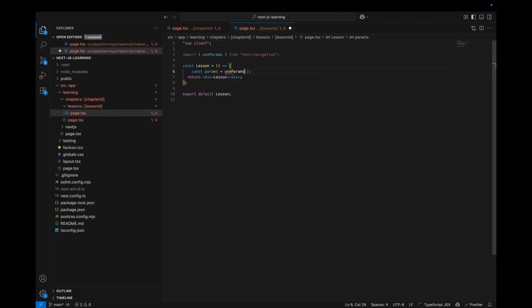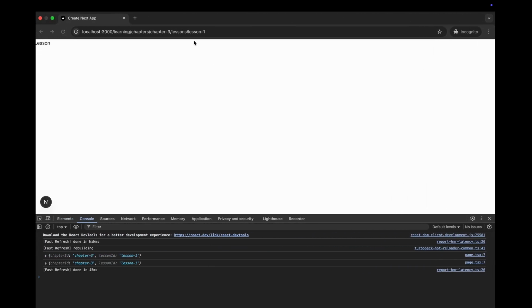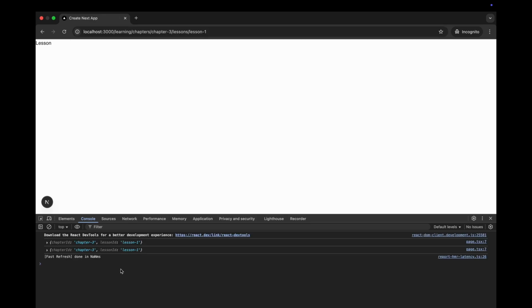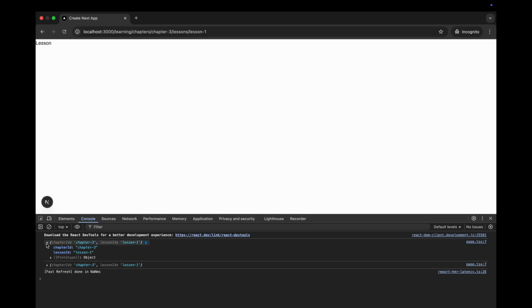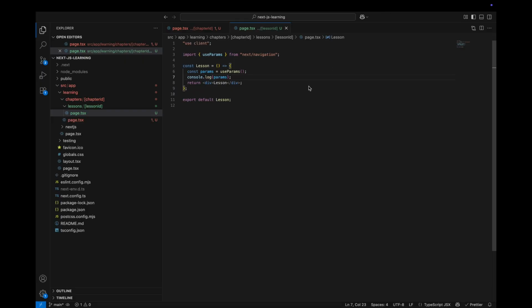From useParams, we can take out the params and log them onto the console to check what exactly we get here. Now, we can just move to the route slash chapters slash chapter 3 slash lessons slash lesson 1 and check the console once. And yes, we get the params, and you will notice that we get two params here, both chapter ID and lesson ID. So if we go back and take out the chapter ID and lesson ID from the params object,